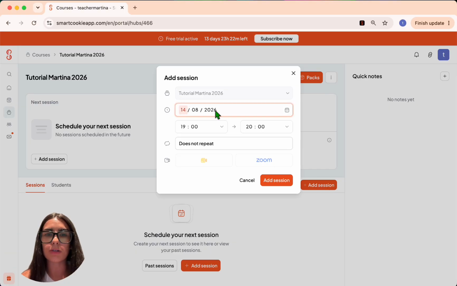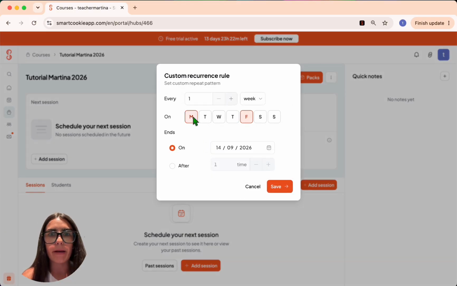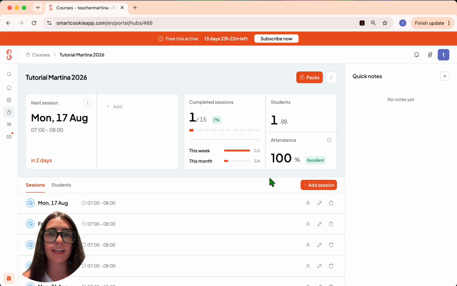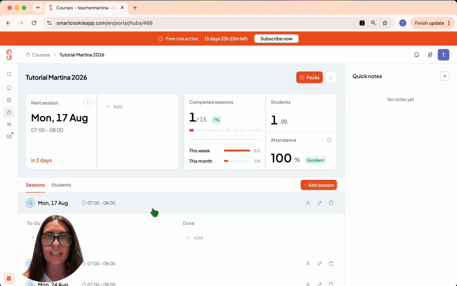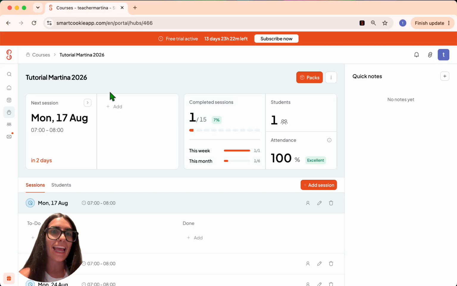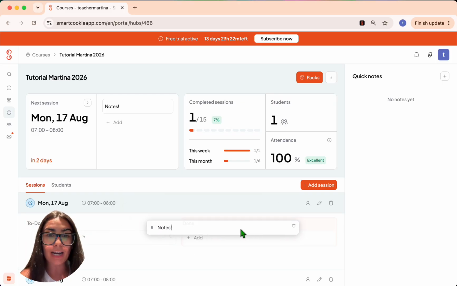Imagine I want to add sessions that start at 7 a.m. and that appear to happen on Monday and Friday, and after 15 times, we are done with Martina's course. So I click there, click add sessions, and as you can see, the app automatically sets all the sessions without you needing to type into an Excel file and counts how many completed sessions have happened, the attendance, and of course, you can leave notes here that will appear here,